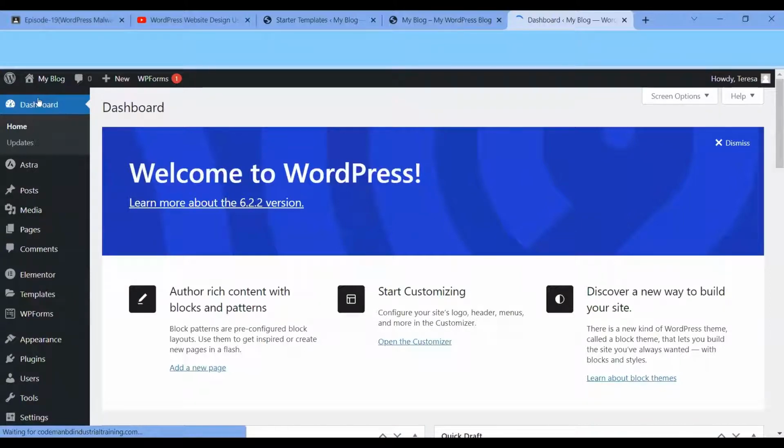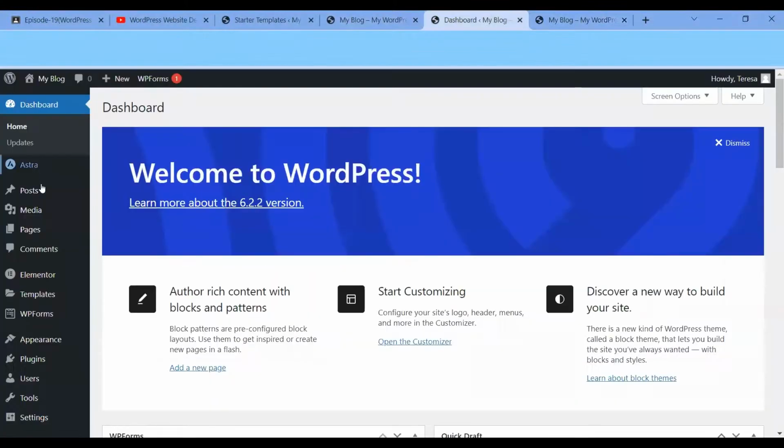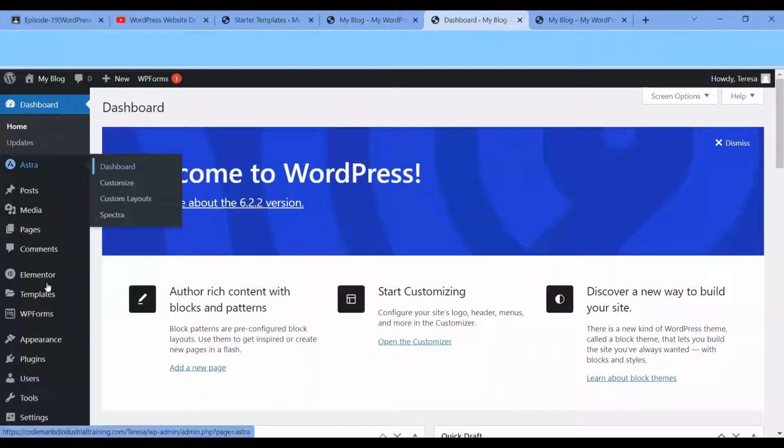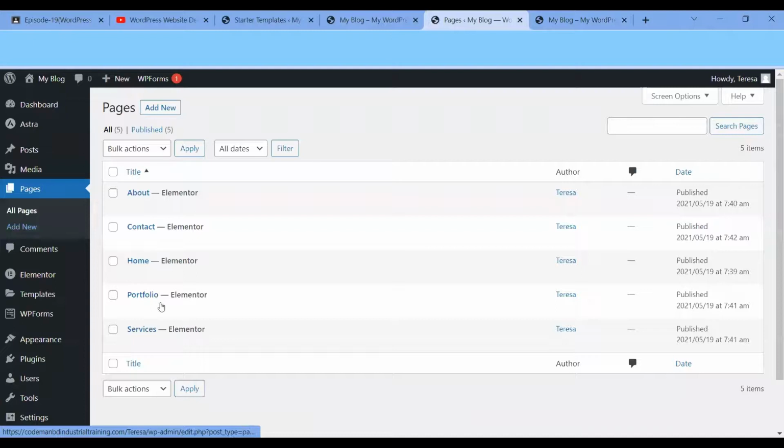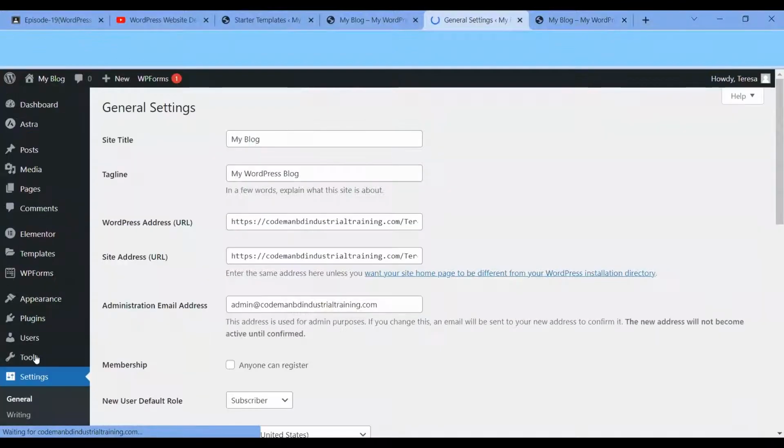Just look at here. When I go and visit the site, it's blank, but I have downloaded the theme and all the pages are also visible in this pages section. So I was just going through all the options, and then I saw in the settings option, when you go to the reading,